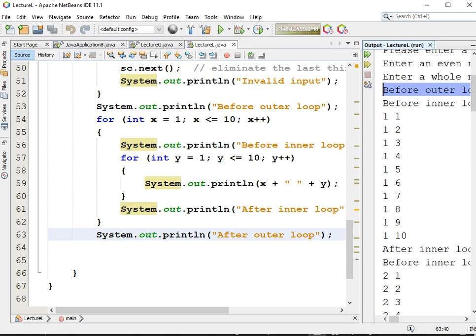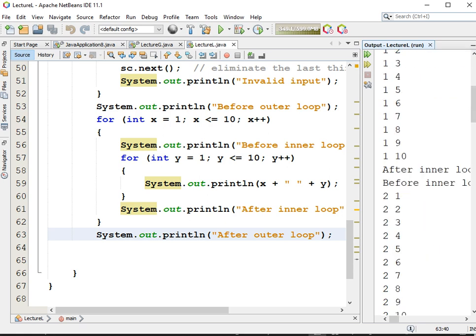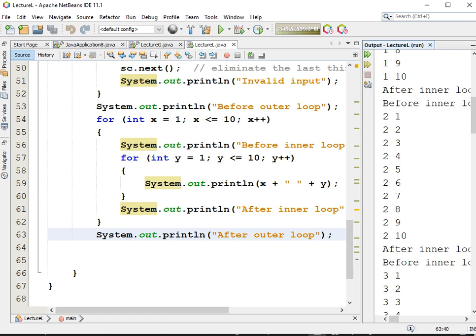So before the outer loop, it comes into the loop. Before the inner loop, and then the inner loop has to count all the way up until it concludes, which it does, right? And that's why it prints 1, 1 all the way up to 1, 10, because y, the second value, is being iterated all the way to 10. We exit the inner loop right here, print that out. It comes back up. X has been incremented to 2, and so before the inner loop, and now it prints 2, 1 through 10. After the inner loop,